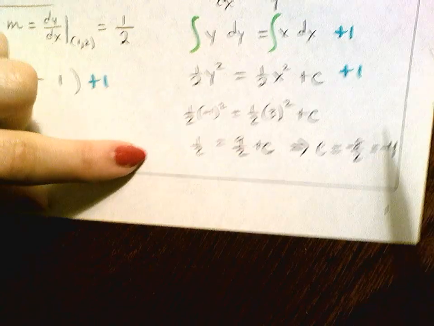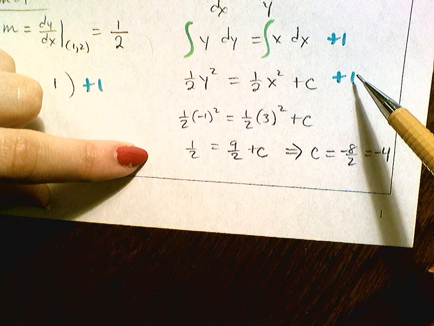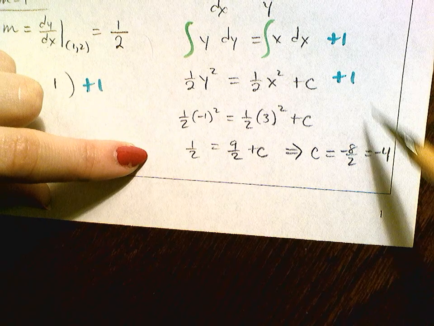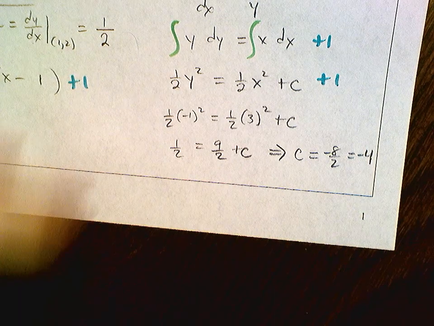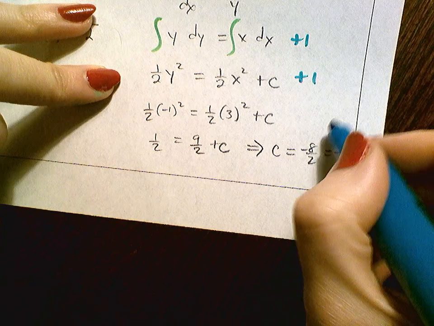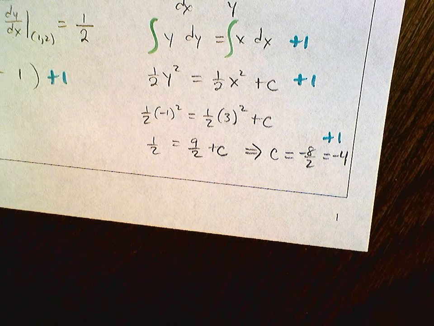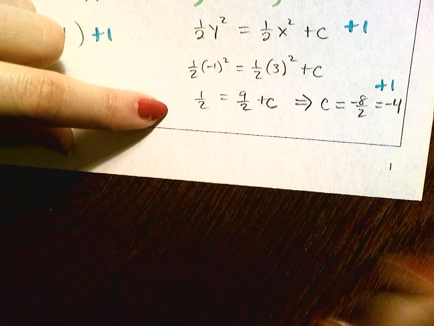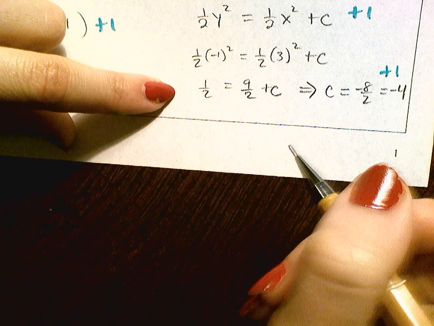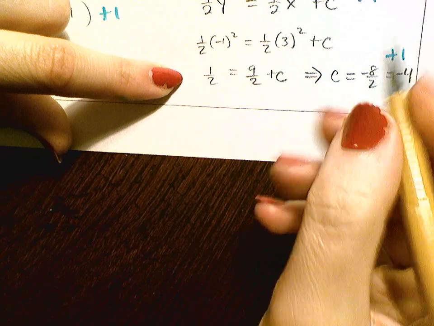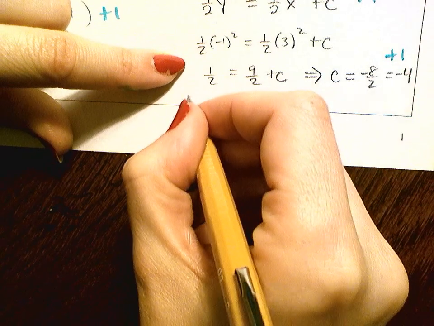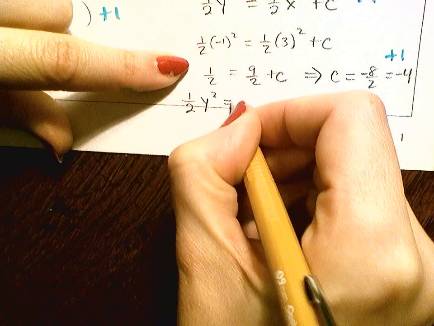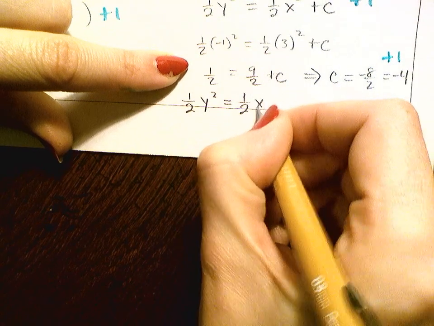And then, so this is 6 points total. 1, 2, I think you get 3 points here, maybe. This might be another point, okay? And then the 4th point was solving for y. So I've got to plug this back in. So I've got 1/2 y squared equals 1/2 x squared